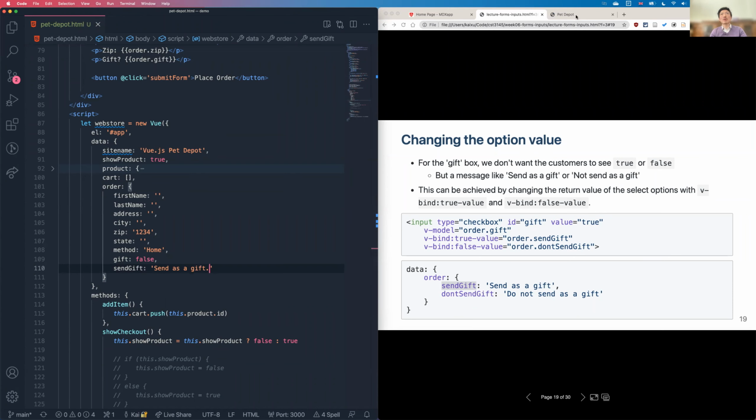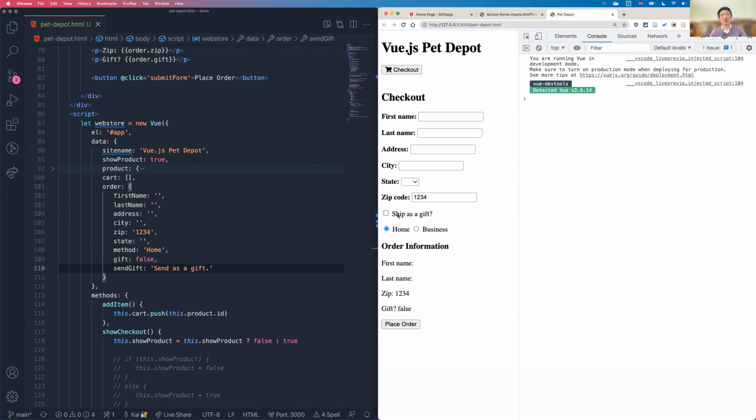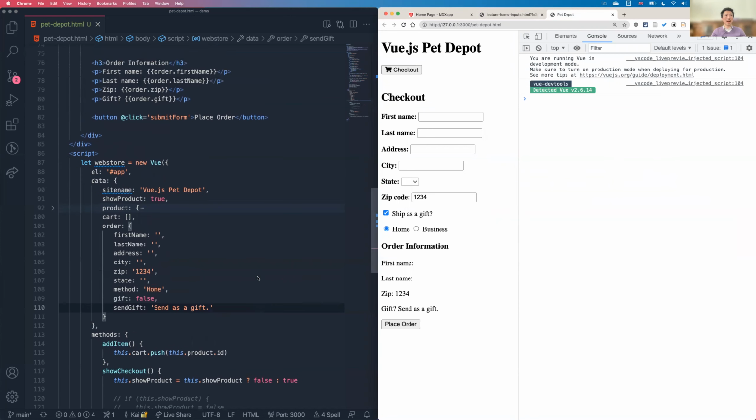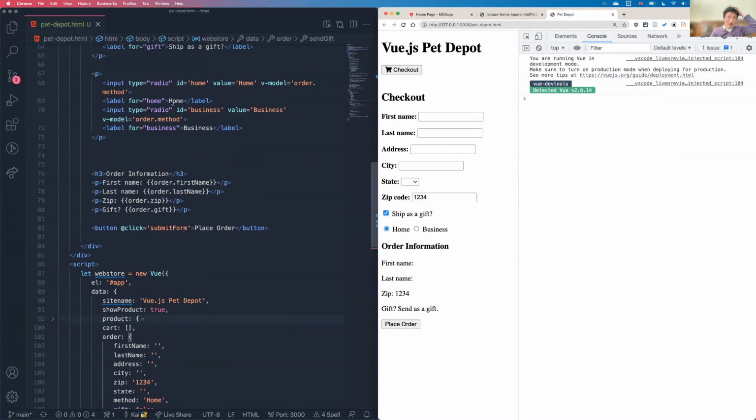Okay, and so now it just depends on what I choose. If I choose send as gift, the false value is still false, but if it's true, it will send as a gift. And you can also change this to something else as well. A bit silly, I can say I'm going to v-bind, where is it? Here. That's the other thing. I can v-bind it to